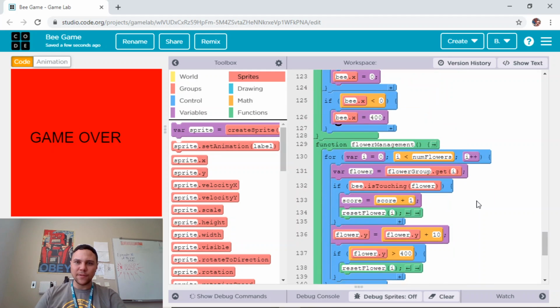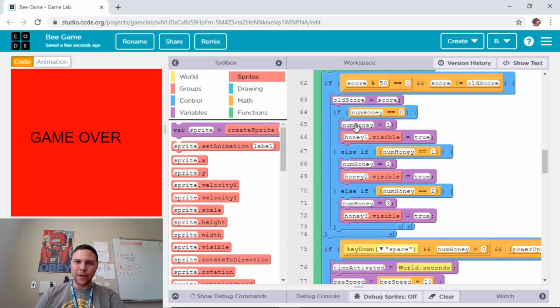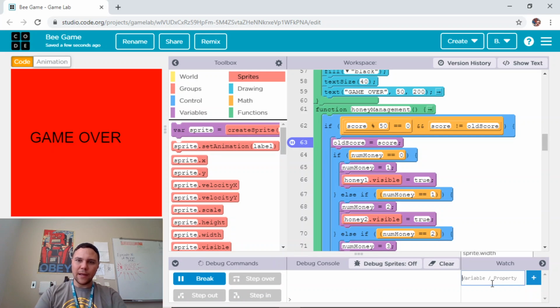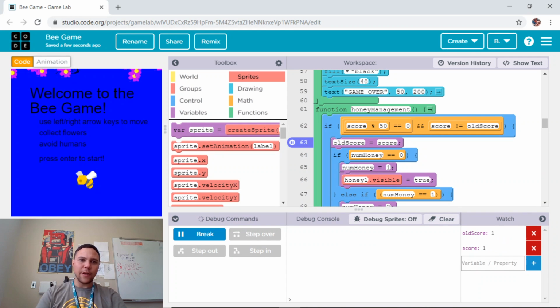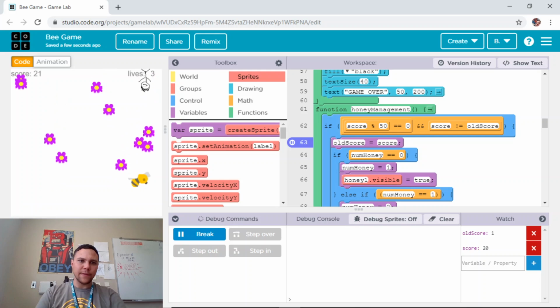Let's see, what else did I want to do? I wanted to talk for one second about this again. So how did this work? I set old score equal to score. Let's walk through an example. I'm going to set a breakpoint here so we can see how this works, and I'm going to put a watcher on old score and on score. When I'm running through the game, the first time I get to 50 points,